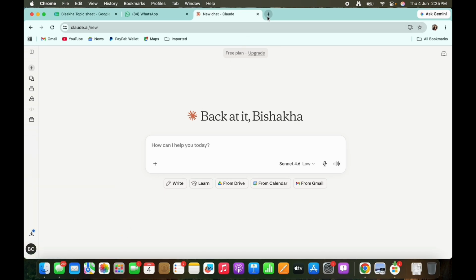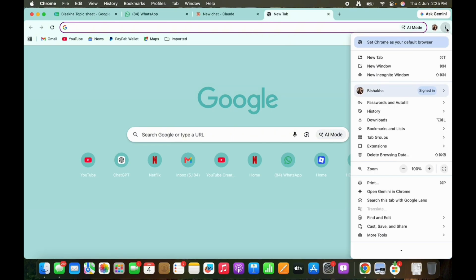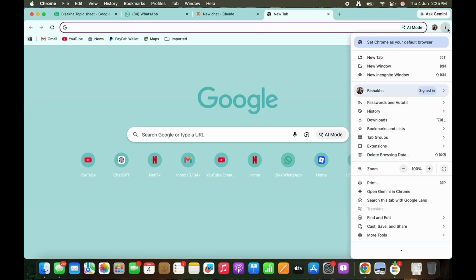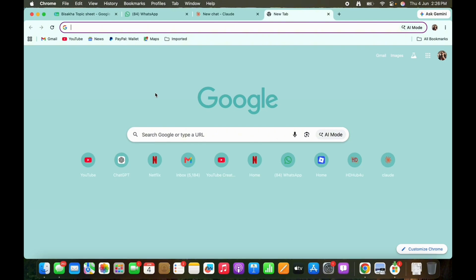If not, then go ahead and use the incognito mode for your Claude AI, as this might help you in fixing your issue sometimes. So open a new tab and then tap on the three dots on the top right and you will see the option for new incognito window. Tap on it and now browser extensions will no longer interfere with Claude. See if that helps you in fixing your issue,